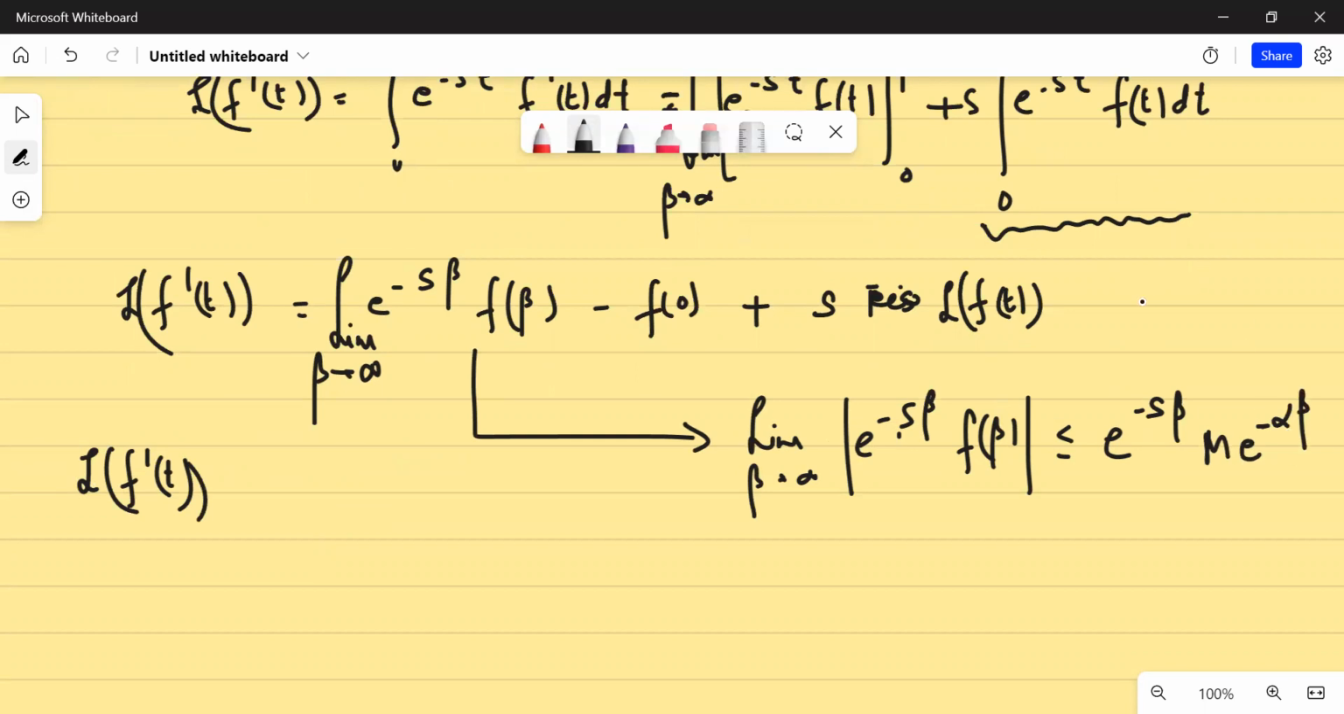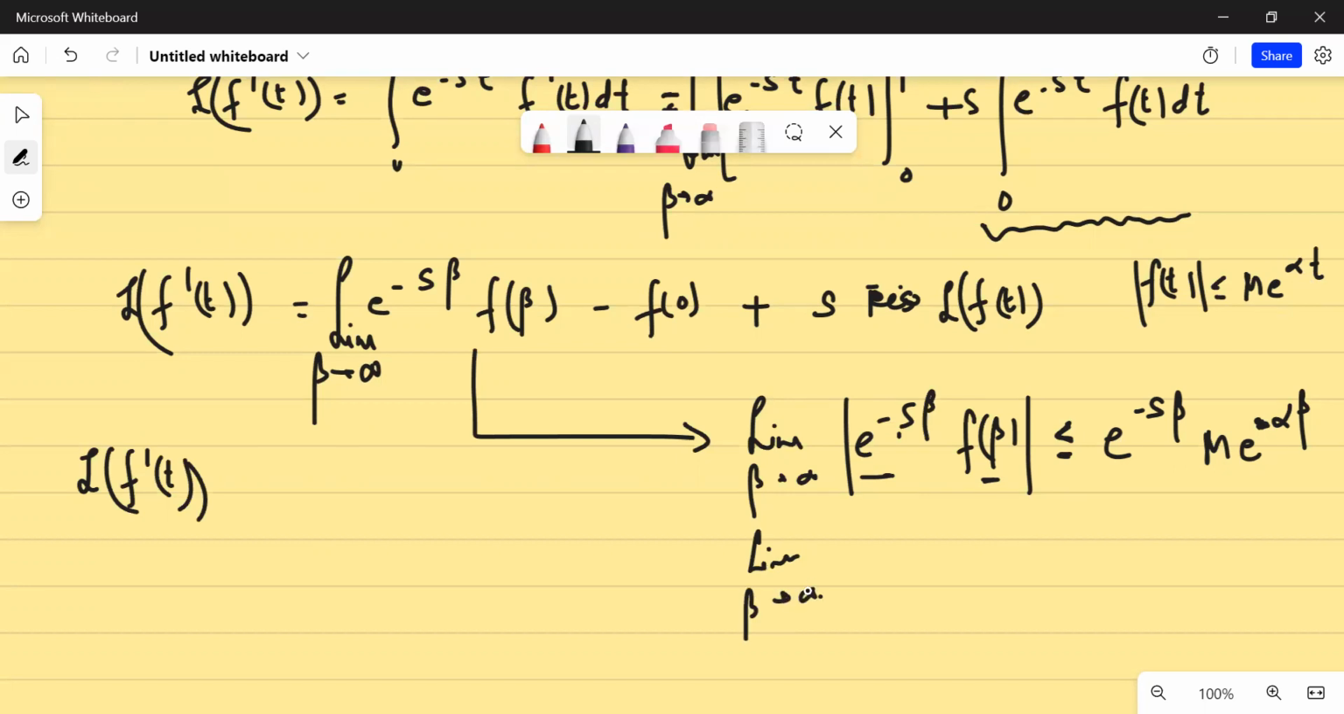I told you on the very first day that a function f(t) is said to be of exponential order if it can be written as M e to the power alpha t. So I have taken a mod of it, and the mod of f(beta) would be less than or equal to M e to the power alpha beta. Sorry, alpha beta. So I'll write the limit